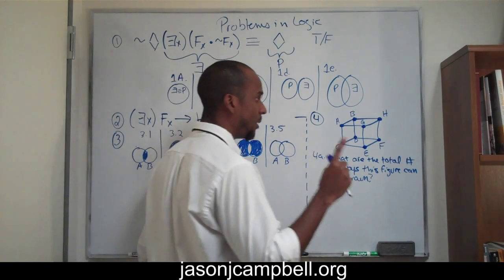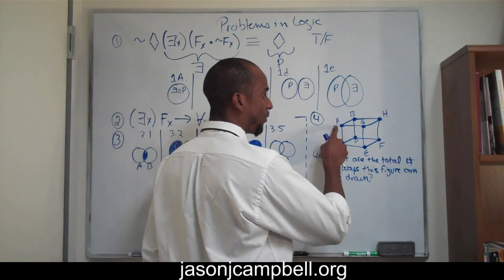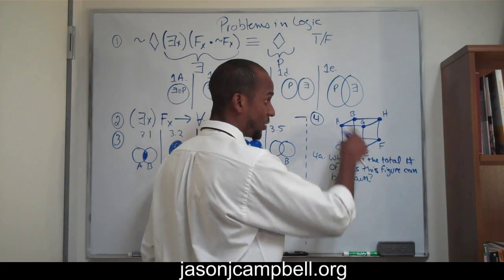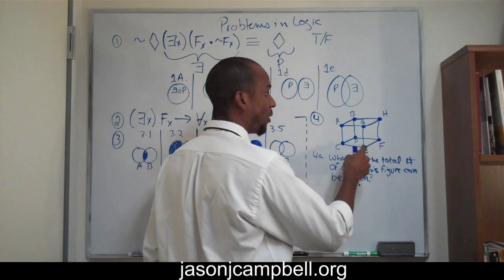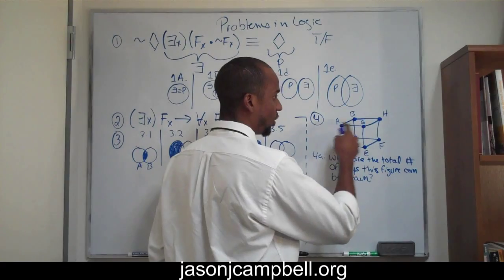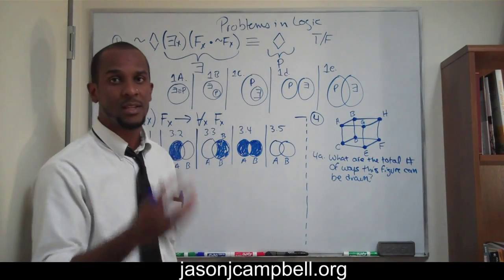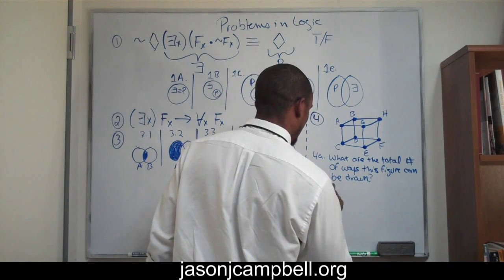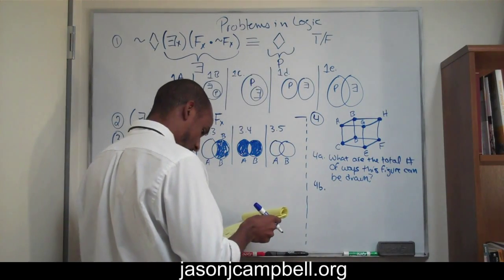Keep in mind that if I say I go from A to G, and then from G to E, it's not the same, though the shape is the same, as saying I go from E to G, and then from G to A, or from G to E, and then G to A. So what are the total number of ways that this figure can be drawn? That's question 4A. Question 4B is